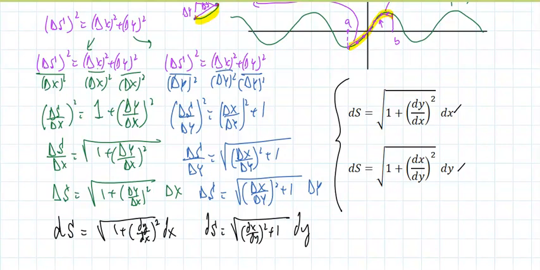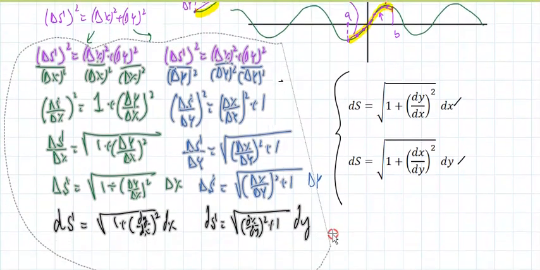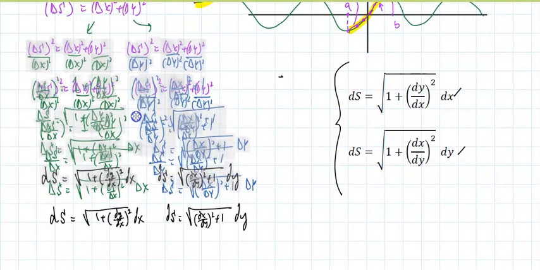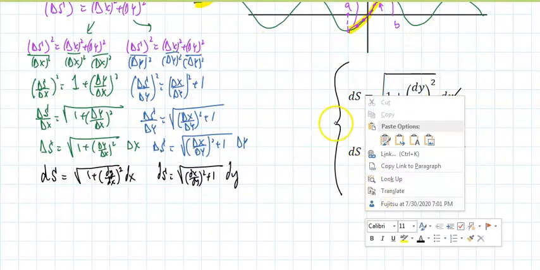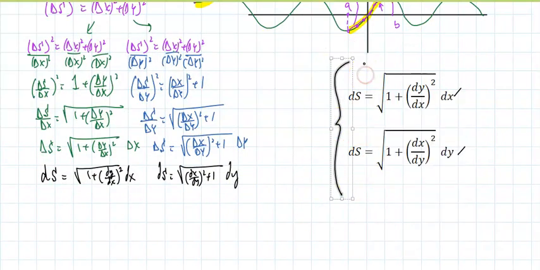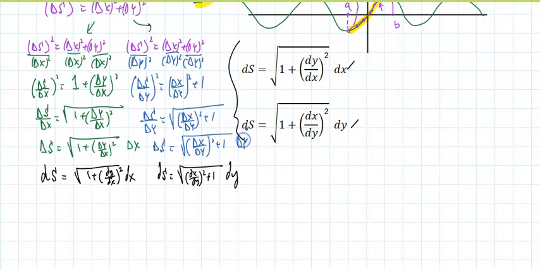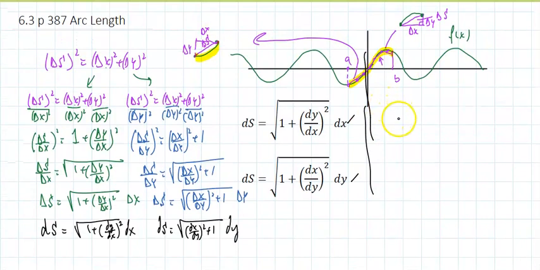But now, let me elaborate on one thing that I left out. Now that we have this, I'm going to shrink this just a bit. It's way too big. I'm taking a lot of space for no reason. I could have put it right there. There we go. Let me get rid of this and move this to the left, and let me show you something really quick on the other. So that's really what we got out of those. Now, if I look at this, I could say in this case, if I want the length of this curve,